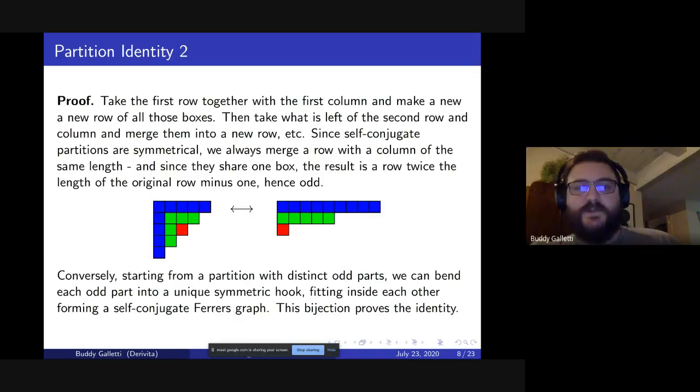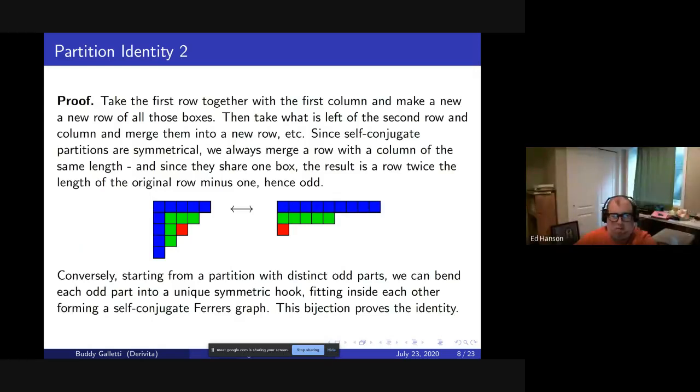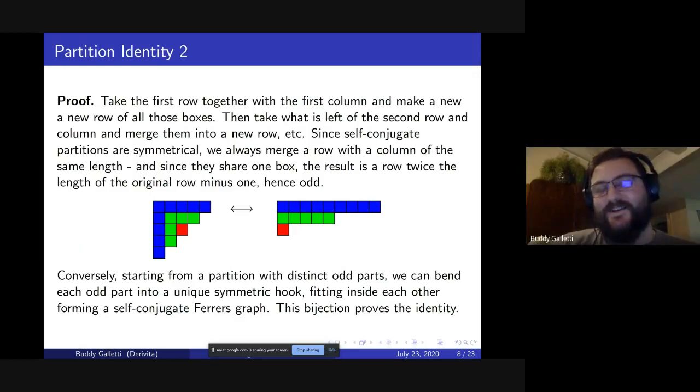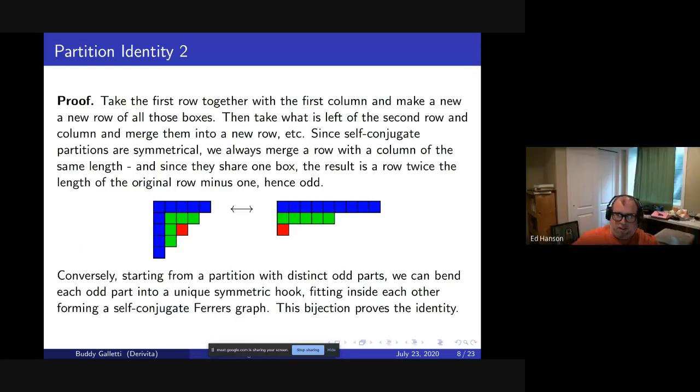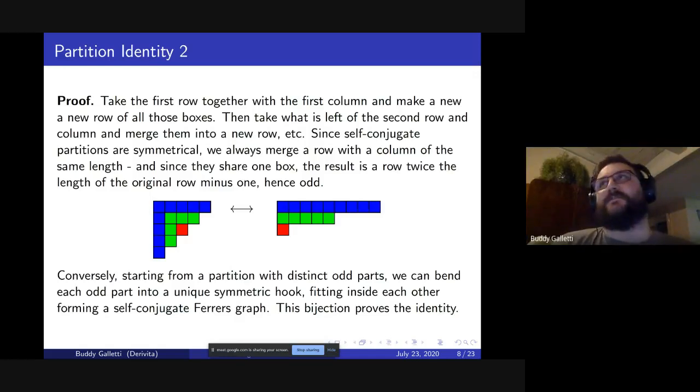So any questions about this proof or this bijection? I'm thinking there's another bijection we could get that kind of turns these odd ones into partitions of smaller integers. Yeah. So that's a good catch. Yeah. So there's actually